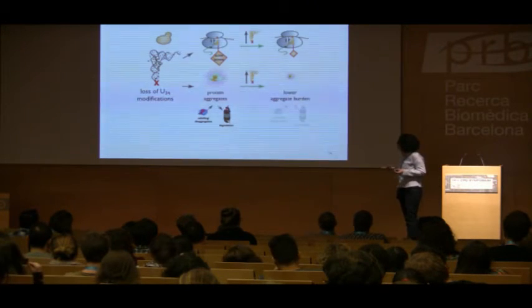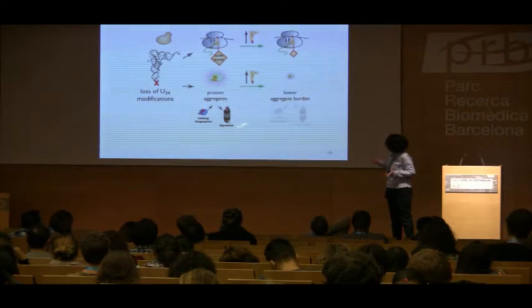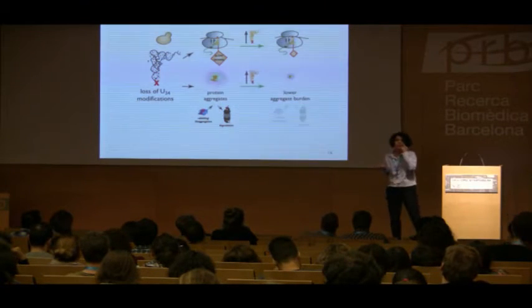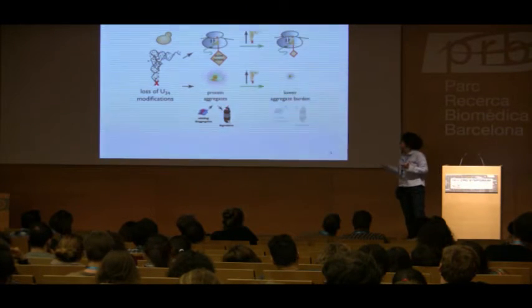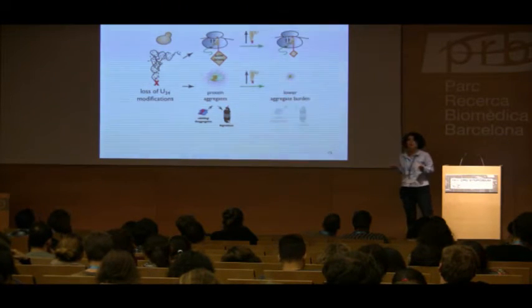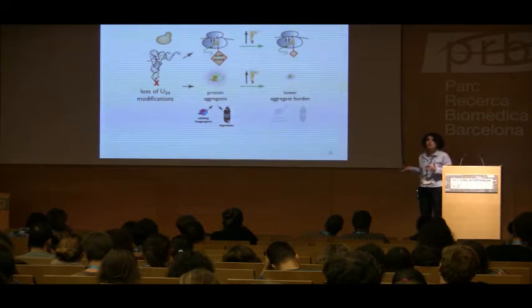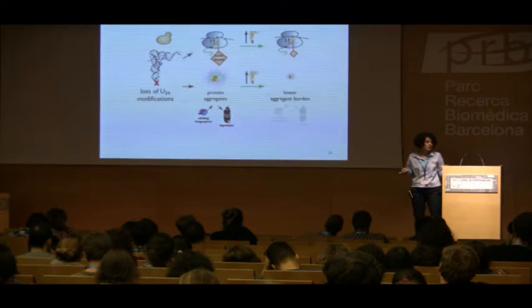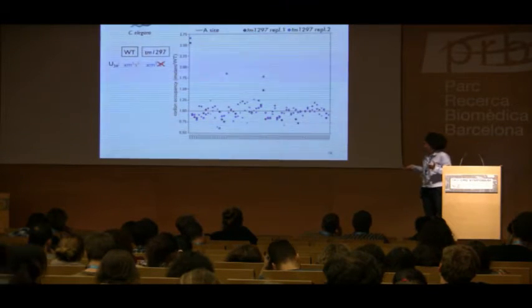So what we saw in yeast was that inefficient decoding through the unmodified tRNAs leads to a breakdown in protein homeostasis. But as I told you in the beginning, there were very diverse phenotypes that we associate with the loss of modifications in different organisms. So we wanted to confirm our key observations in a metazoan, and we used C. elegans for that. And we first looked at codon occupancy in a